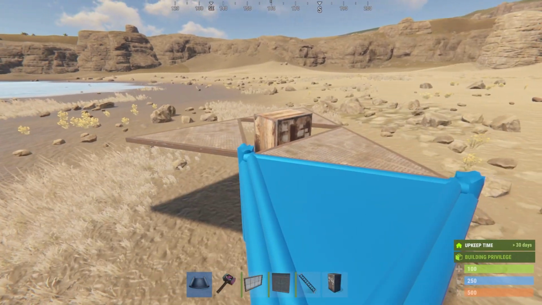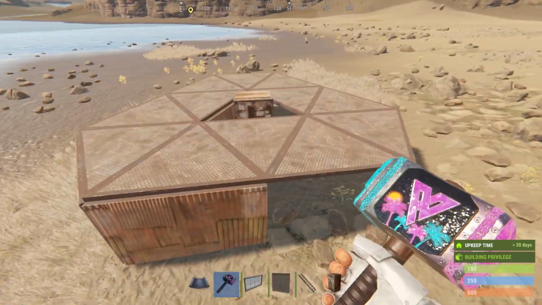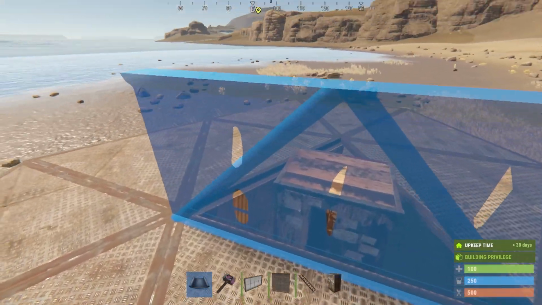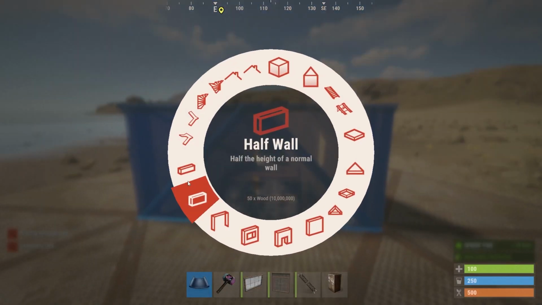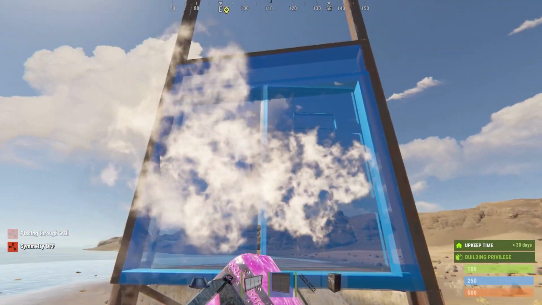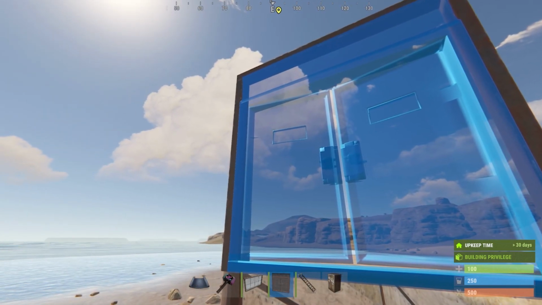So while I build this, I'm just going to talk about why I have started building like this on these types of servers. Because this isn't really a tutorial. There's no right or wrong way to do this kind of build. So yeah, that's kind of where my mind's at. Don't know why that keeps happening. So